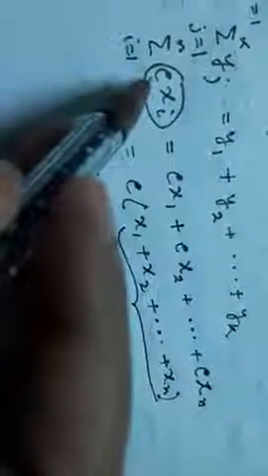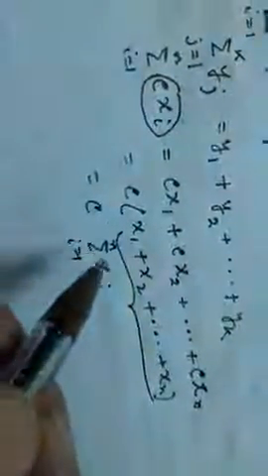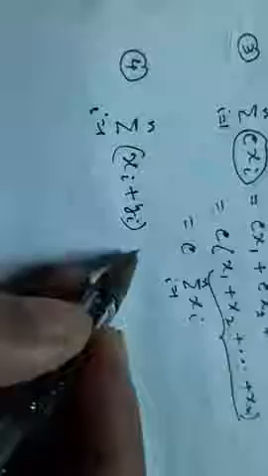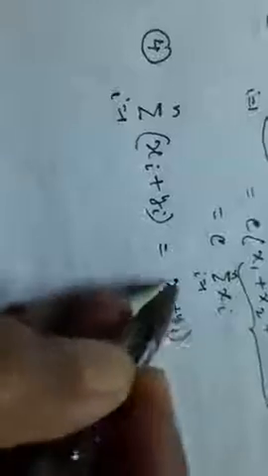So what we get here? If any constant is within the summation sign, then it comes out of the summation sign, and it is very easy to understand. Now the next one is summation xi plus yi for i is equal to 1 to n. The first term here you can easily understand. If i is equal to 1, the first term will be x1 plus y1. If i is equal to 2, the second term will be x2 plus y2. And obviously we can go up to xn plus yn. And we put the summation sign in between.